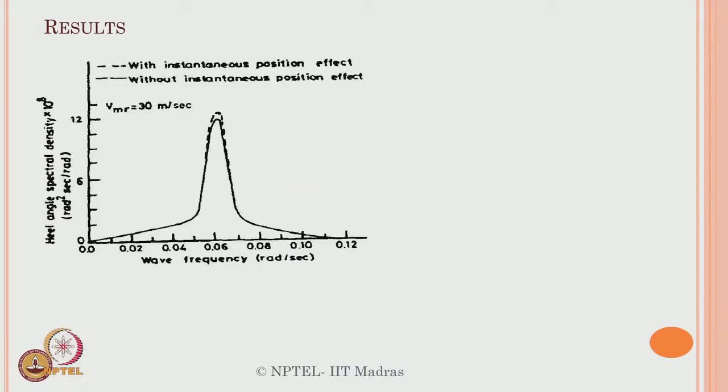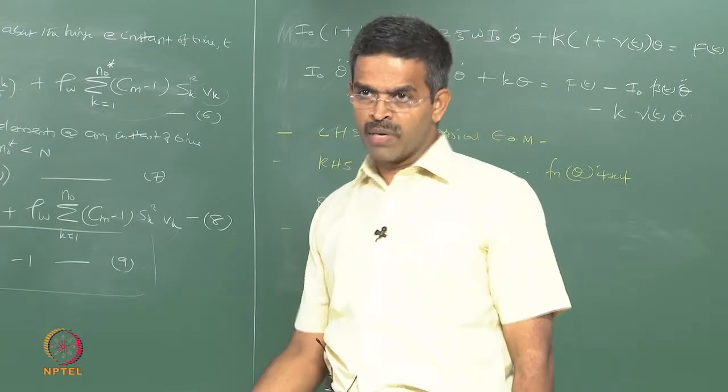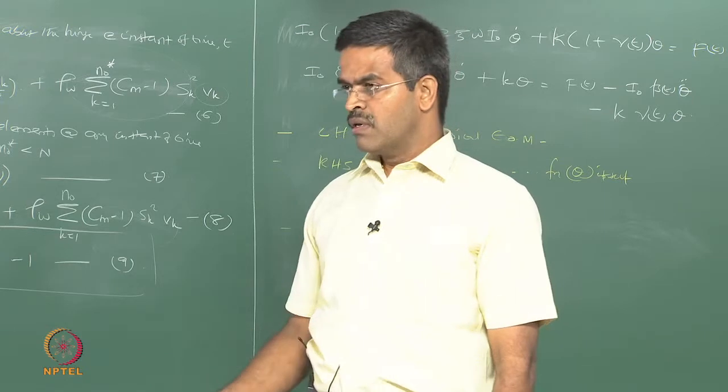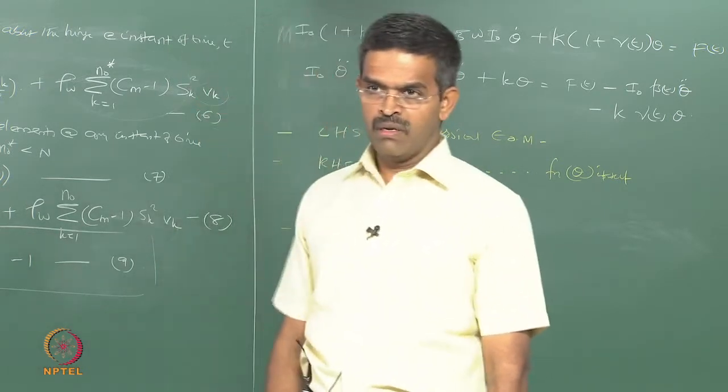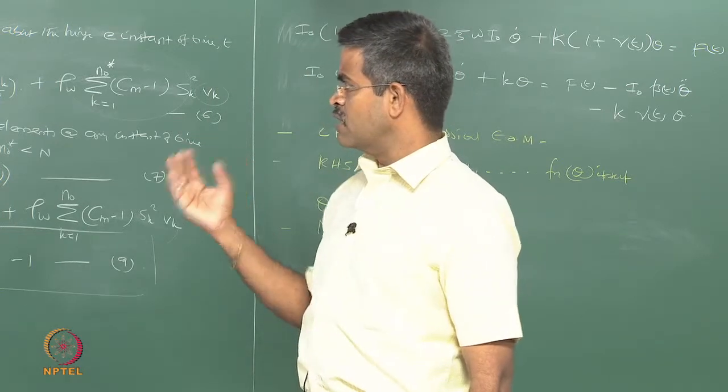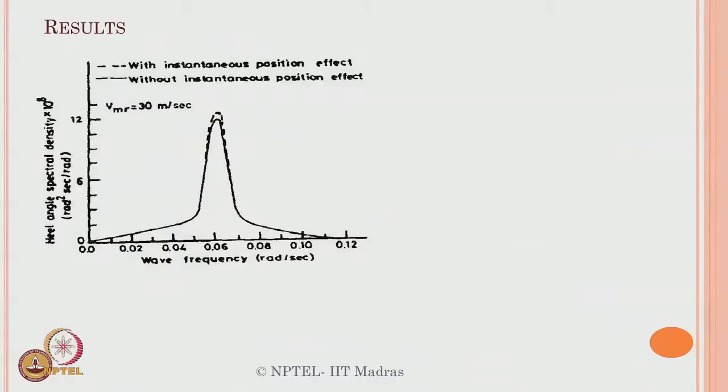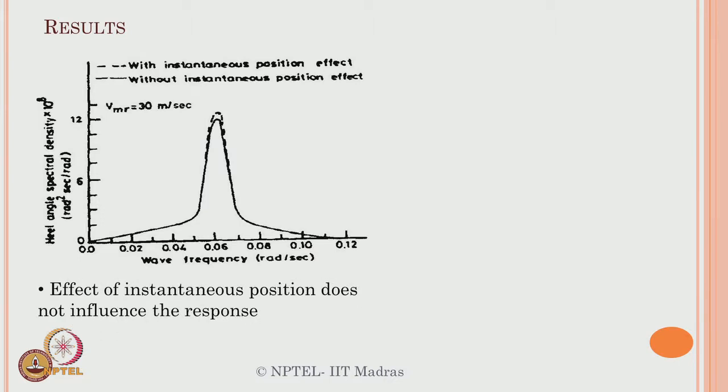One can also see what is the effect of the instantaneous position of the platform. For example, you have the platform standing vertical, the load is applied, and the platform is not vertical, but some theta is introduced because of the non recentering capability of the hinge, because initially the hinge may be able to bring it back to normal, but after n number of years the hinge will not be in a position to bring back the tower to normal vertical. So, if you consider the instantaneous position effect also in the analysis, it shows that the effect of instantaneous position does not influence the response significantly, because the response does not vary much.